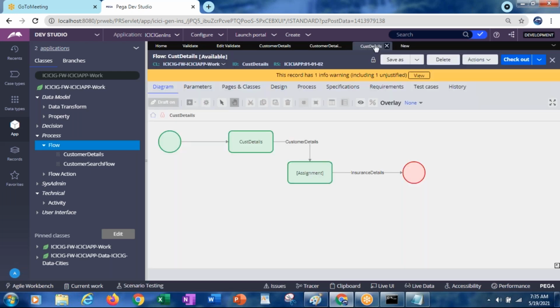Under the process tab for the new flow, we need to select the PY case minimum default.